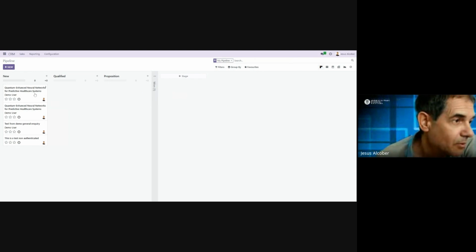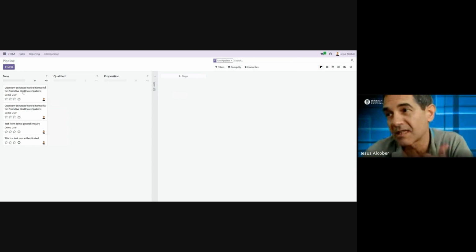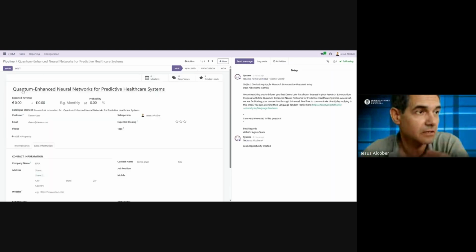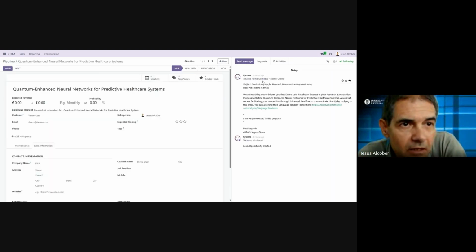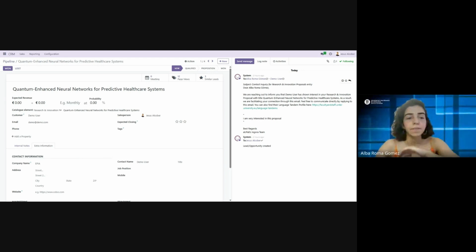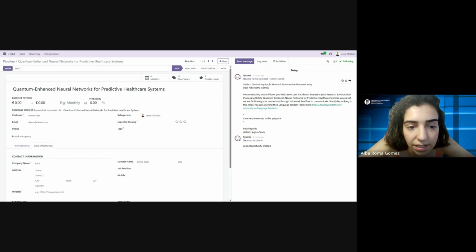And here we have examples of inquiries coming from a specific catalog. In this case, if I go here, it was Alba, no? Alba, can you explain how you send an email? Yes, this process has only been configured for the research innovation proposals,